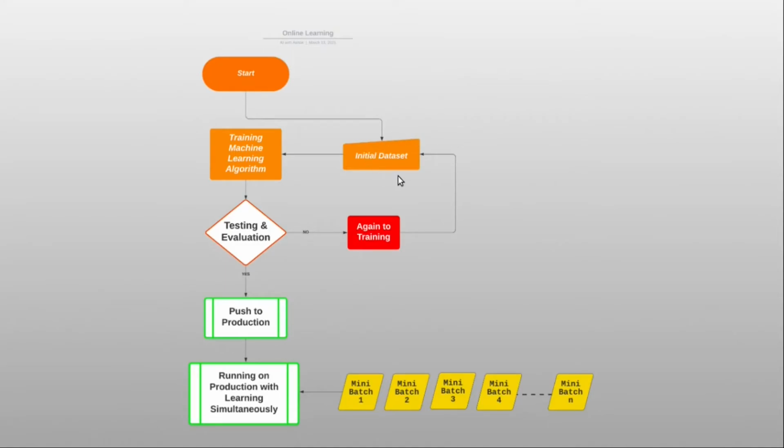For example, initially we have trained the machine learning algorithm with 1000 terabytes of data, and the model was trained and pushed to production. And then further learning will be done while running in production, and for further learning the data will be given as mini batches, which may consist of thousands or lakhs of records, around 1 gigabyte of disk space, which will be given to the machine learning model for training, and it will learn from those new data also, and simultaneously keep running in production. So in online learning, both learning and working happen in the production itself.